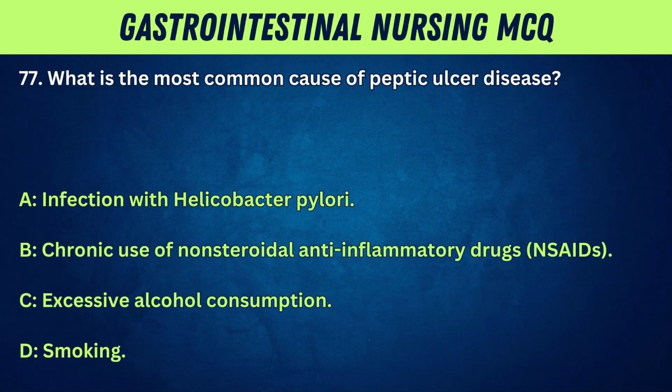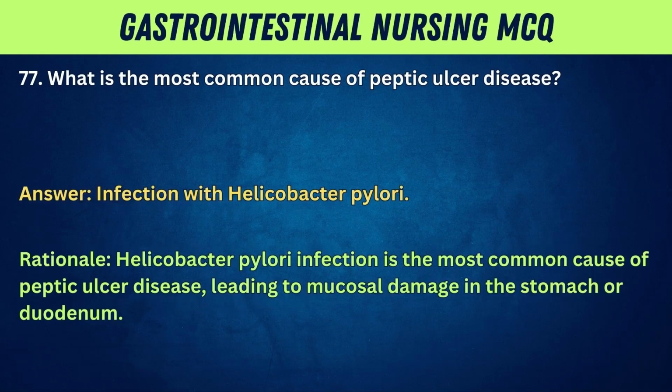77. What is the most common cause of peptic ulcer disease? A. Infection with Helicobacter pylori. B. Chronic use of nonsteroidal anti-inflammatory drugs, NSAIDs. C. Excessive alcohol consumption. D. Smoking. Answer. Infection with Helicobacter pylori. Rationale. Helicobacter pylori infection is the most common cause of peptic ulcer disease, leading to mucosal damage in the stomach